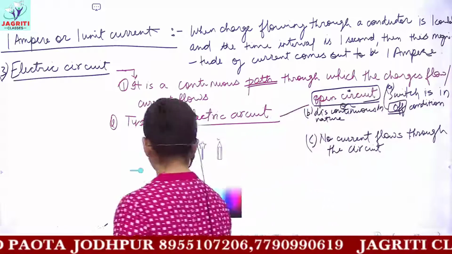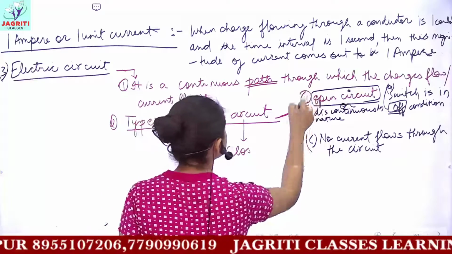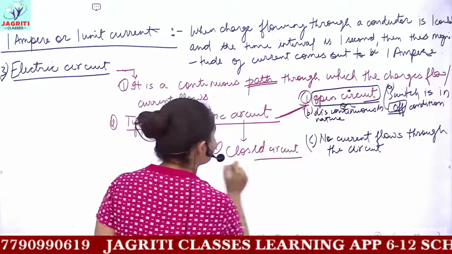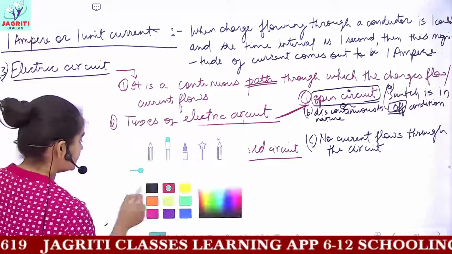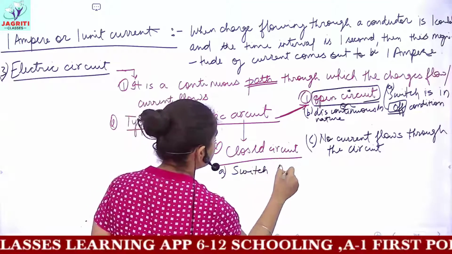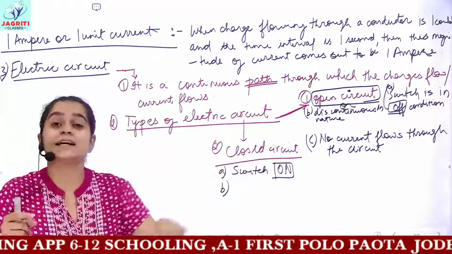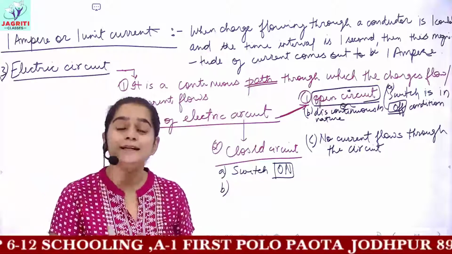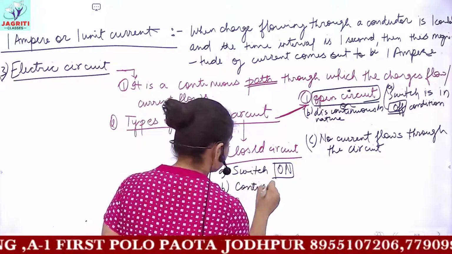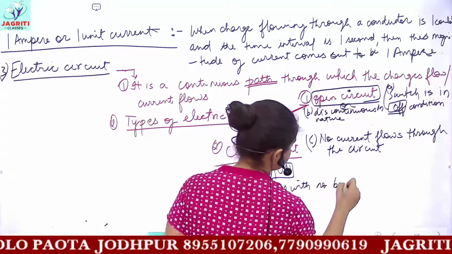And if we are dealing with the other kind of circuit, which is your closed circuit. So this is the first kind of circuit, and the next one is closed circuit, and it would have the points exactly reverse from the open circuit. That is, if I write in short, the first point would be in closed circuit, the switch is present in on condition. Then the next point would be closed circuit means it is a continuous circuit and it is having no kind of break points. So closed circuit is a continuous circuit with no break off points.